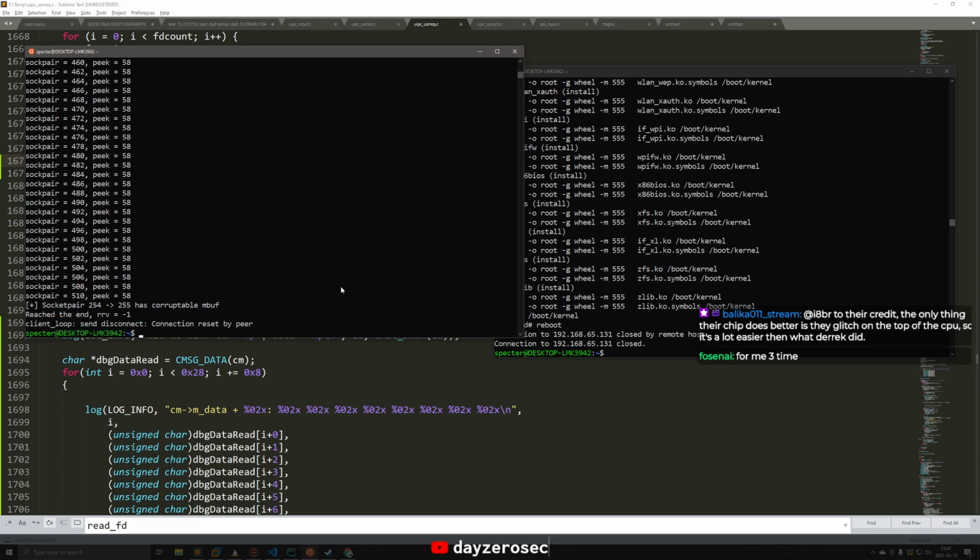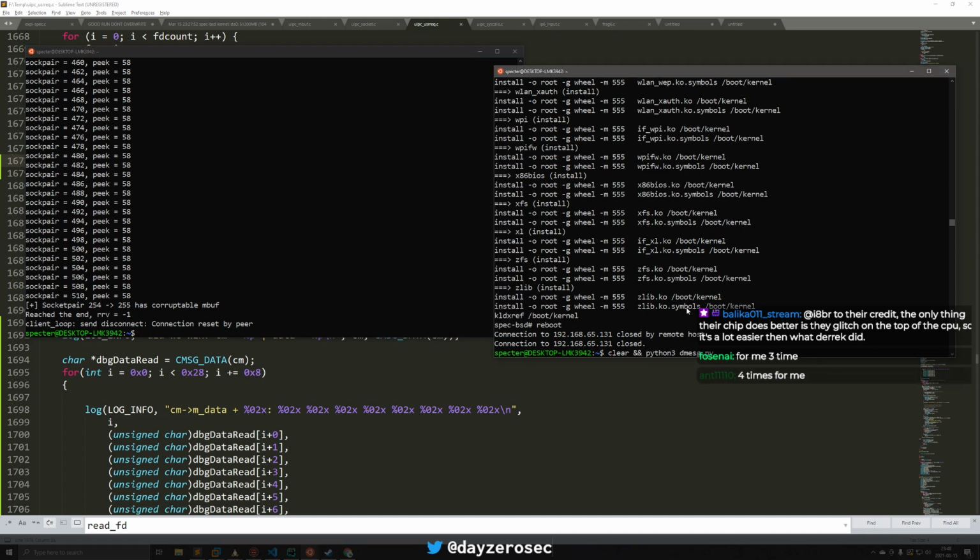Like the PS4 Pro is likely going to have a different behavior a little bit than the non-Pro, because the Pro has a faster CPU. The memory layout is a little bit different, so there will be a bit of variance depending on the model, but 4 times for you? Okay. I mean, that's not bad at all, in terms of stability.